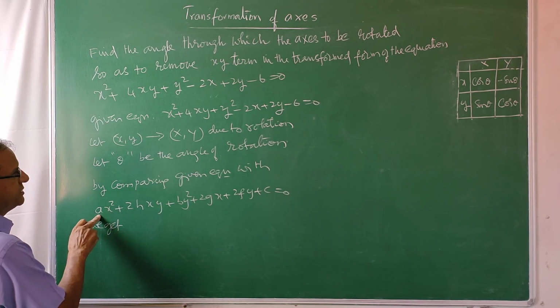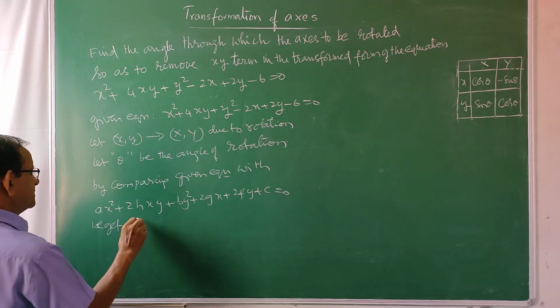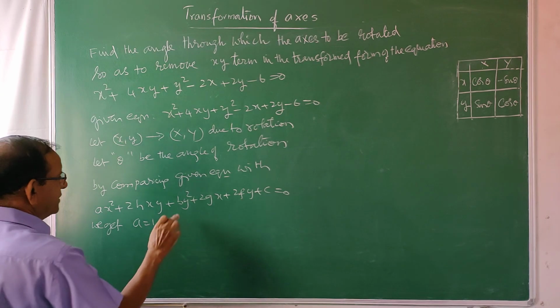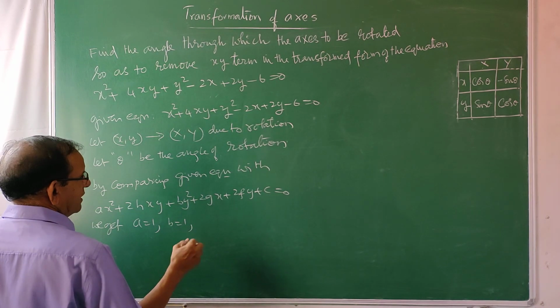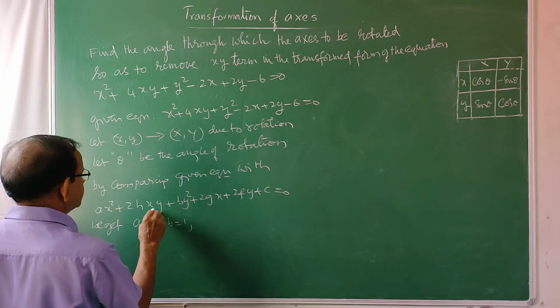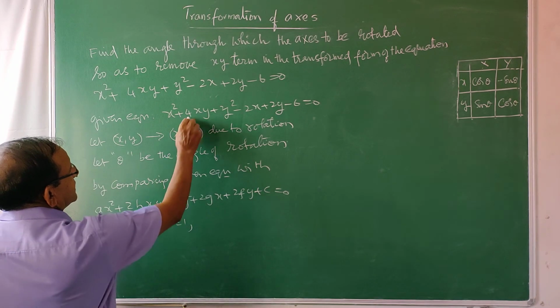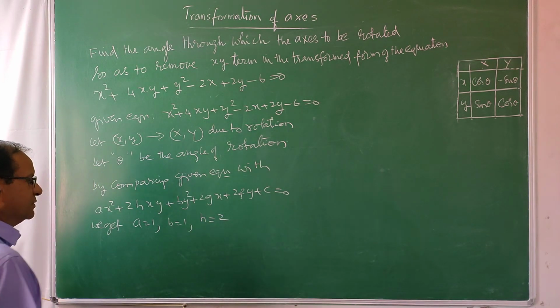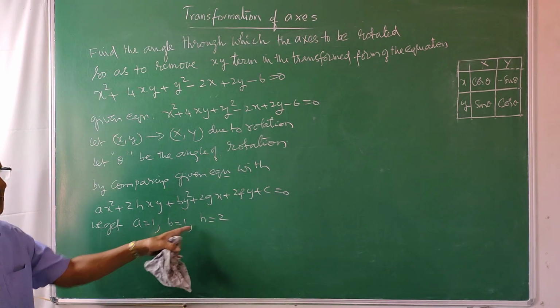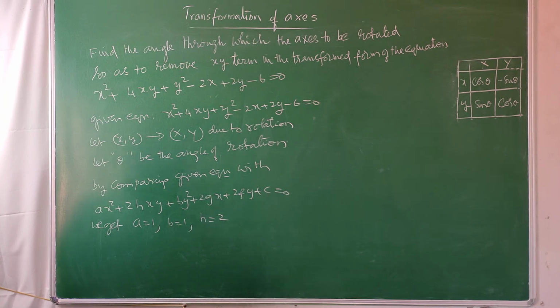x square coefficient is a here, there it is 1. So, a is equal to 1, by square is 1y square. So, b is also 1 and xy coefficient is 2h, there it is 4. So, h is equal to 2. 2h is 4, so h is equal to 2. These three are sufficient to get the angle. So, we know that